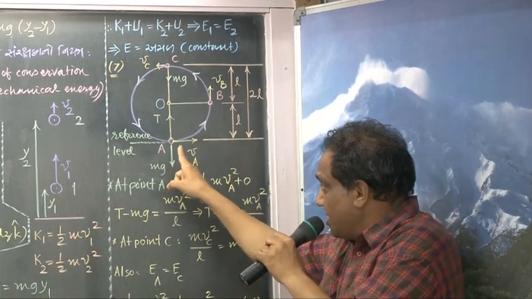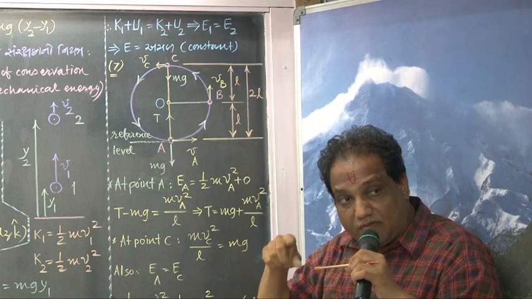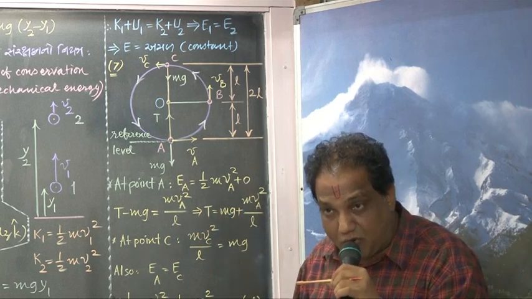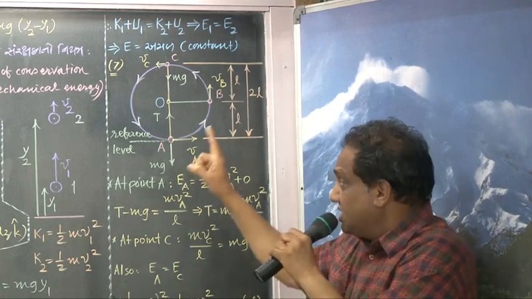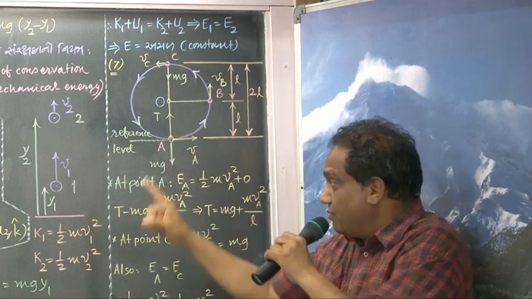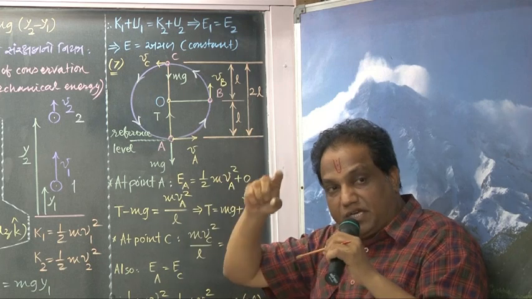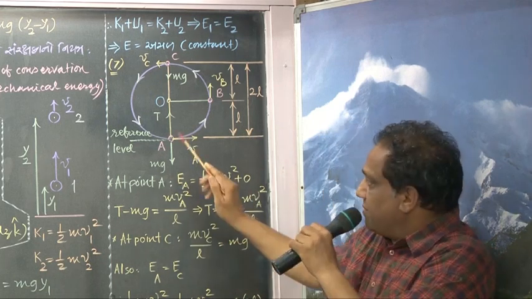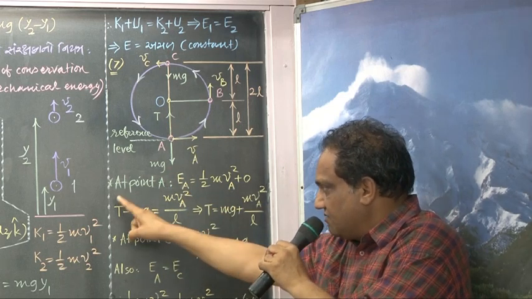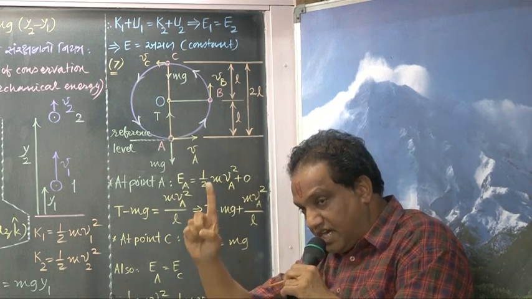Look. This body performs circular motion. Circular motion is possible only if there is a proper centripetal force. So here also, the resultant of these two must be pointing towards the center. If you want the resultant force to point towards the center, then this force must be bigger and this force must be smaller, so subtract smaller from bigger. So I am taking T minus mg. If T is bigger and mg is smaller, this will give me the resultant force pointing towards the center. Any force pointing towards the center is called centripetal force.